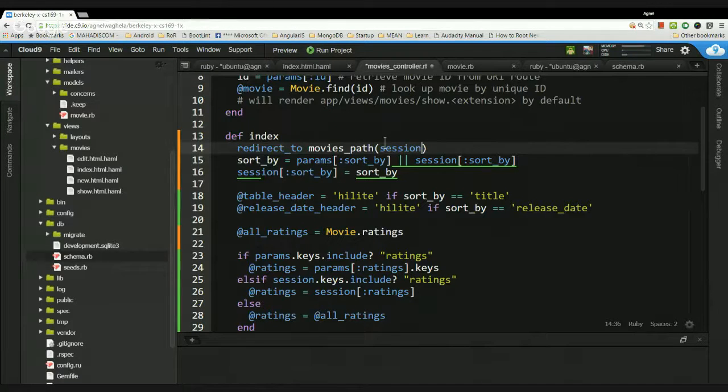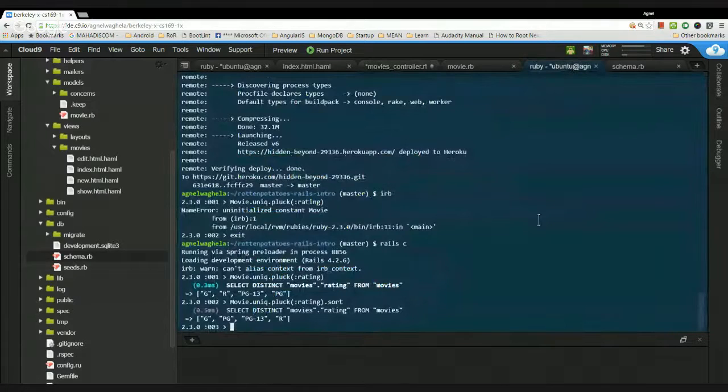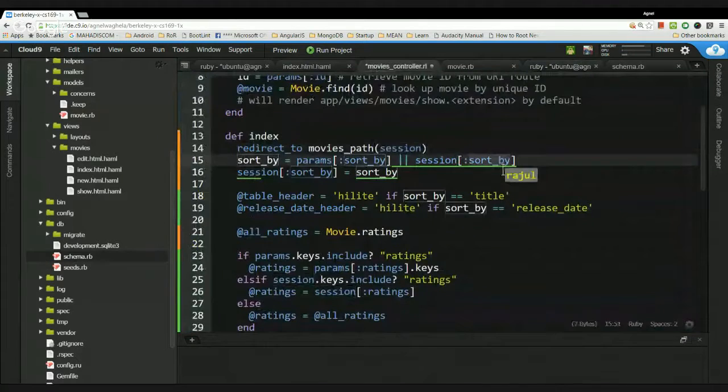So what we are gonna do is we want to filter out this whole hash. So how are we gonna filter it out? I'm not sure if pluck works in a hash. Let's try that. No, what I'm saying is that our session will be containing many things, it won't be just containing sort by and ratings. In our case here currently it's just containing sort by and ratings, but in the case that they have mentioned, if this page is opened from somewhere else, I mean from another page, and it is redirecting over here to the movies index page, then